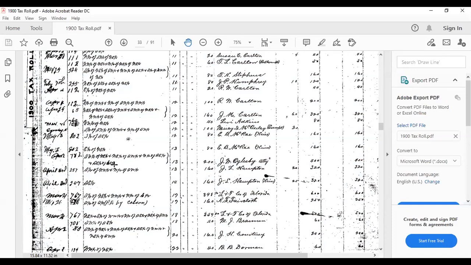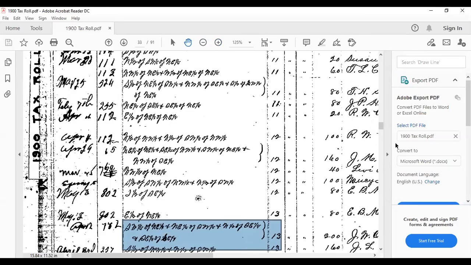Now I happen to know that my piece of property, I went in and looked at the deeds and stuff, and I happen to know that it's in this next description. If I look at this long piece of description, I can actually zoom in a little bit more here and might be able to see it a little better.